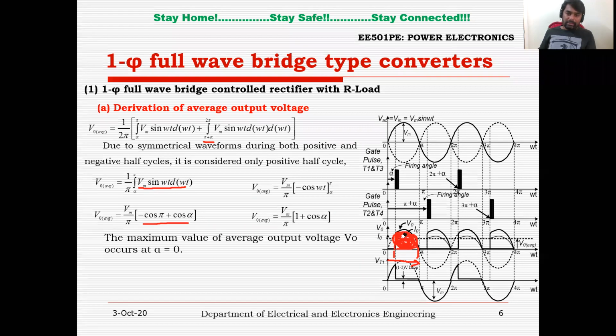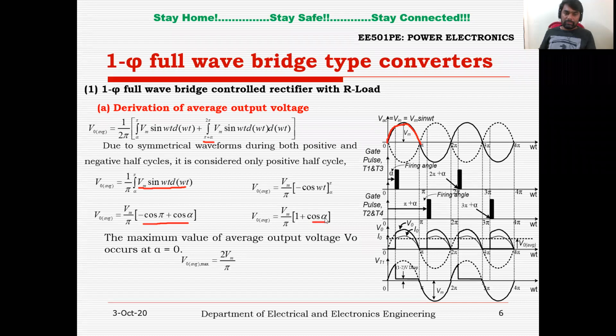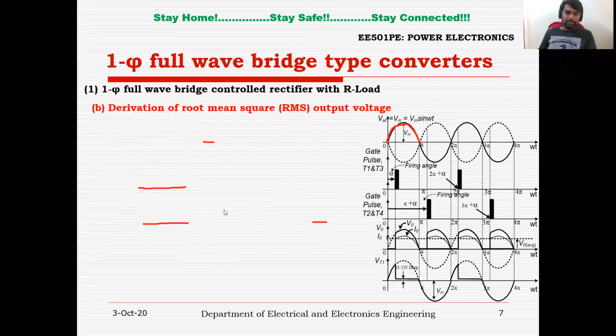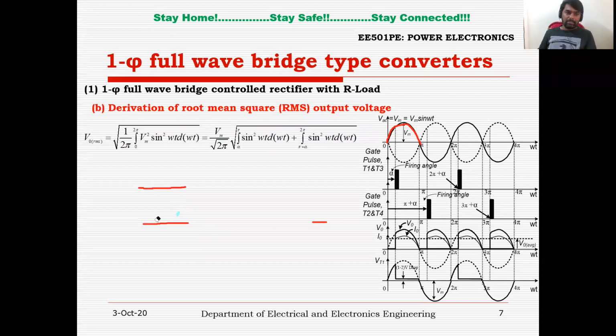And you can see the maximum voltage when the thyristor is triggered at this particular point, that means alpha equal to 0 degrees. So if you substitute alpha equal to 0, you will get the maximum average output voltage. Vm by pi times 1 plus cos 0, which is 1. So you can say 1 plus 1, 2. 2 Vm by pi, that is the maximum voltage you can obtain with the help of a full wave rectifier. Right, and this is the average output current that you can get by dividing the average output voltage by R. Right. Similarly, we can derive the RMS output voltage.